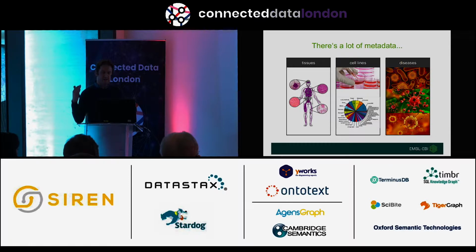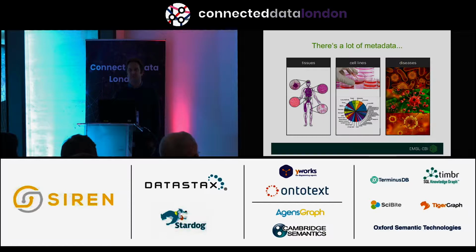So unsurprisingly, there's a lot of metadata, and there's a lot of variety in the metadata that we see. And I would think, specifically in the areas that we focus on, when we're looking at genomics, we're interested in, okay, where are these genes, where are they having effect? We have cell lines and models for behavior, and we also are obviously interested in the study of disease. So I would say that these are the key areas that we try and focus on in terms of our standardization effort in the metadata.